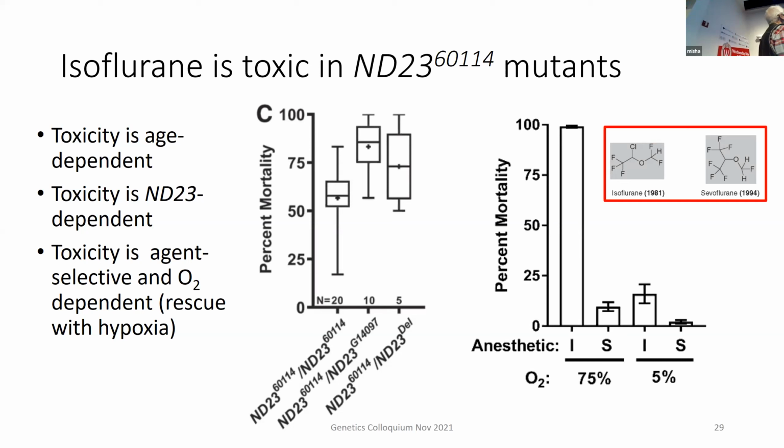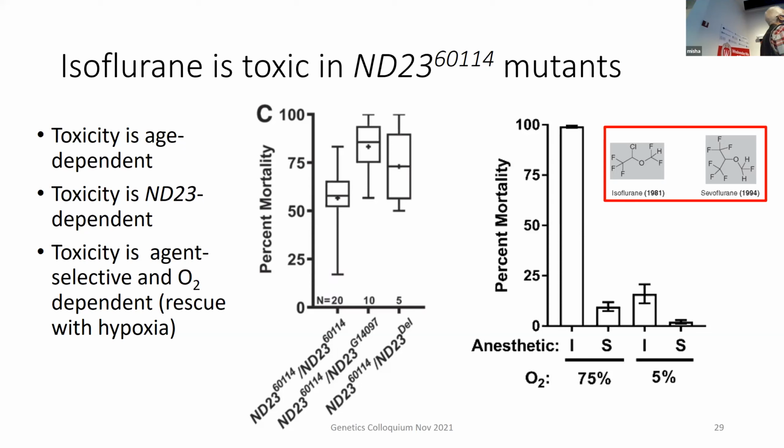So you have here 2 parameters, 75% oxygen or 5% oxygen. These are recorded in normoxia, in 21% oxygen. Here isoflurane, sevoflurane, 75% oxygen, 5% oxygen. And you can see that in 75% oxygen, hyperoxia dramatically increases mortality. Like you get 100% mortality in the homozygous slice with isoflurane, but not with sevoflurane, a very low mortality, if